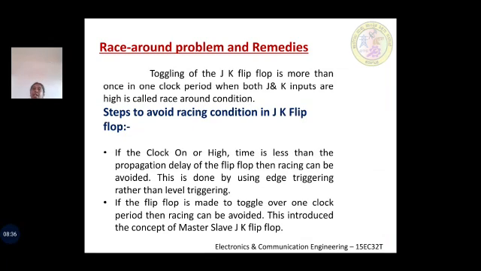Usually clocks have a time period of a few microseconds compared to TP of a few nanoseconds. It can be seen that the period of a clock pulse is equivalent to hundreds of propagation delays. So when J is equal to 1 and K is equal to 1, the output of the JK flip-flop will toggle continuously until the clock pulse becomes 0. The final result of this toggling action